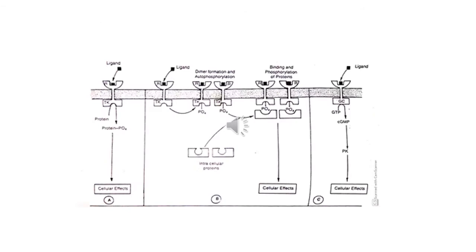Let us start with the signaling mechanism of enzyme receptors. So basically there is involvement of protein kinases here. See the A part of this figure. Whenever a specific ligand binds to the extracellular ligand binding domain, the intracellular protein kinase gets activated and phosphorylates target proteins. Now, these target proteins may be enzymes, they may be protein kinases, different types of kinases, they may be regulatory proteins or some structural proteins.